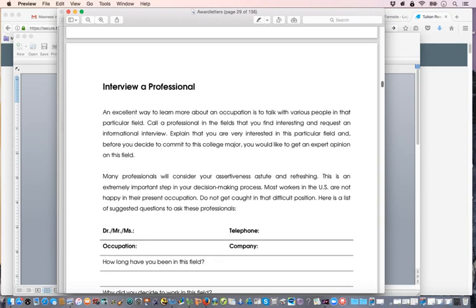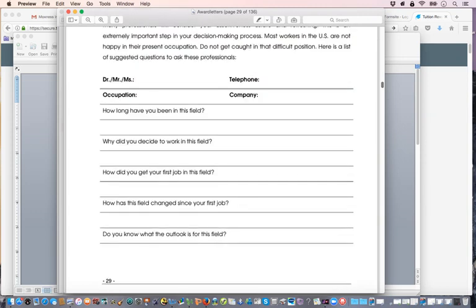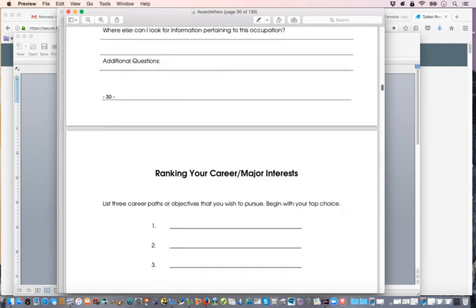And so they do that. They set up a time, and a lot of times the people that are professionals may not be able to do it when they initially call them, but they can schedule a time to call them back and do that 10-minute interview, right? And so they'll get their name, telephone number, occupation, name of the company that they work for, and then just go through these questions with that person. How long have you been in the field? Why did you decide to choose to work in this field? And the list goes on, right? I think it's a 2-page questionnaire.